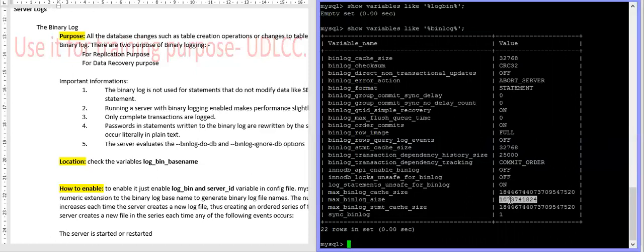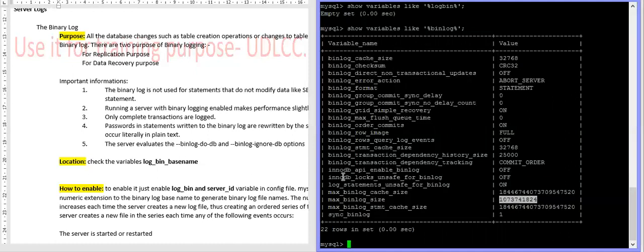I mean to say 1 GB is sufficient in any case. So this was our max_binlog_size. Whenever this size is reached, it will generate a new file.